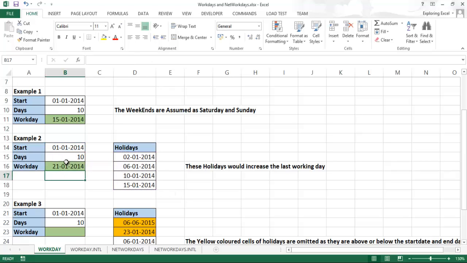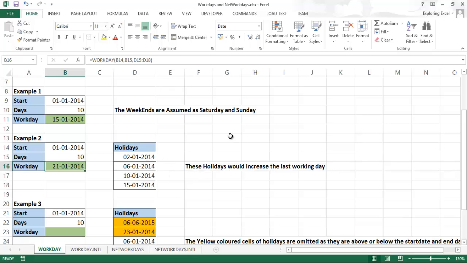You get 21 of 1 2014. Now how did you get this answer? If you see 15th, because of the Saturday and Sunday, and you just add 4 to this, it will come to 16, 17, 18 and 19. But how do you get 21? It again assumes that in between there are a Saturday and Sunday, which will be skipped, and now you get 21, which means 2 more days are getting added.